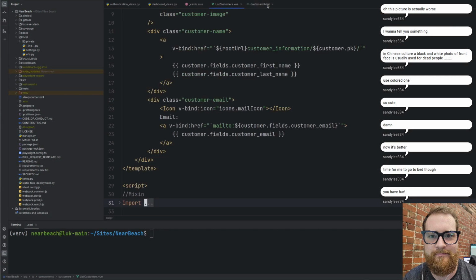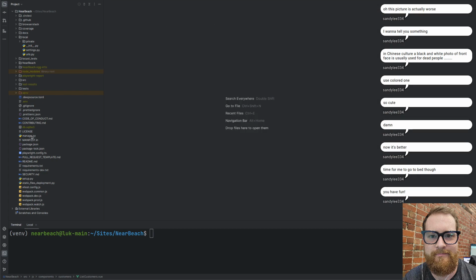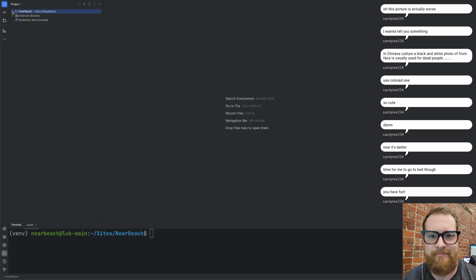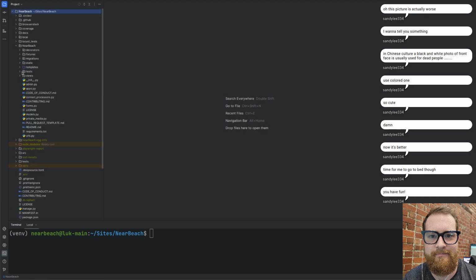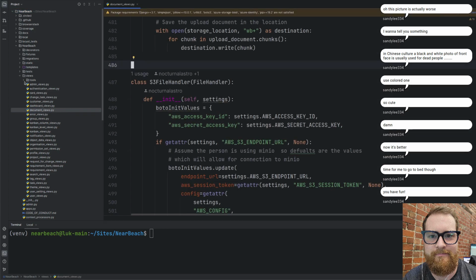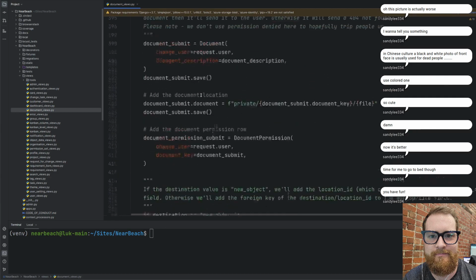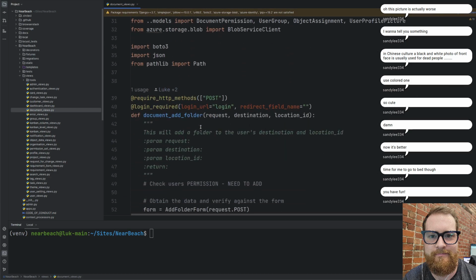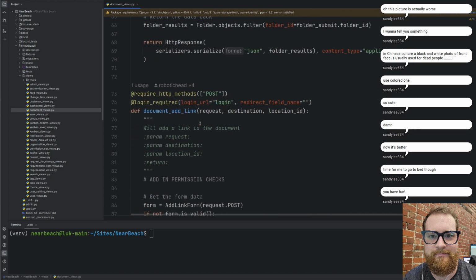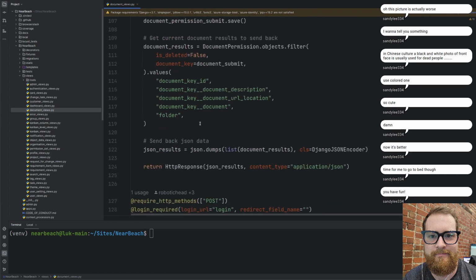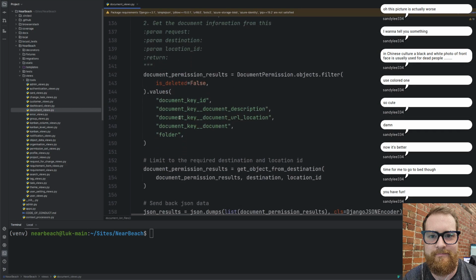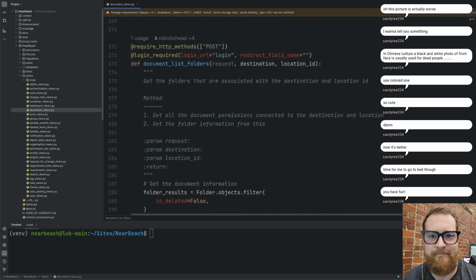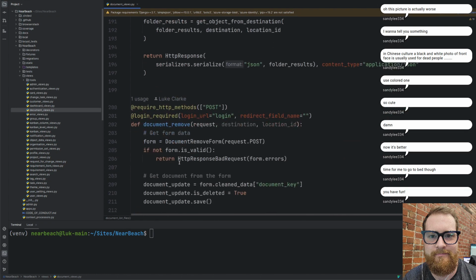All right, we don't need this open anymore. I'm just going to close all tabs and minimize all this. We are looking into the Django side of things. So we want views and we want the document view. Now the document view is set up in a particular way. So we've got add folders, add link, document file lists, document folders,